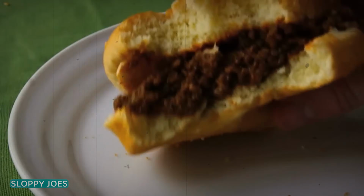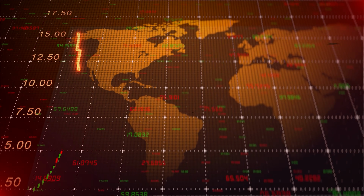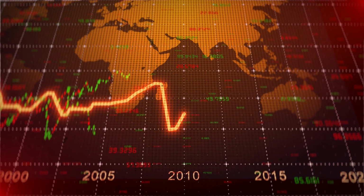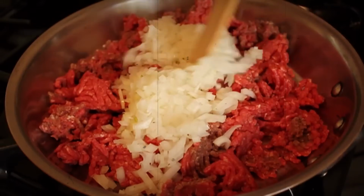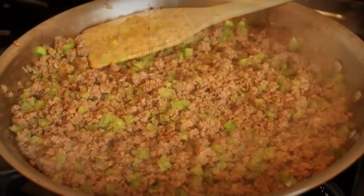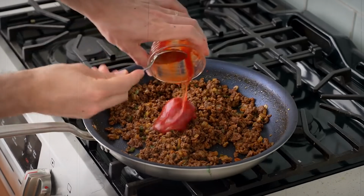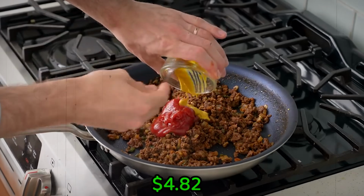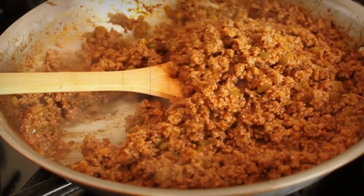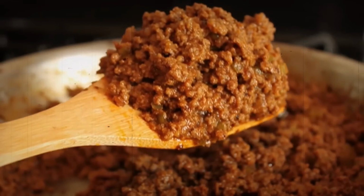Sloppy Joes. This Depression-era classic has seen American families through multiple economic downturns from the 1930s all the way to today's inflation challenges. You'll need half a pound of ground beef, an onion, half a bell pepper, ketchup, brown sugar, mustard, and hamburger buns. Total cost? $4.82 for 4 sandwiches, $1.20 per serving. The true value lies in how quickly this meal comes together when you're exhausted from working multiple jobs to make